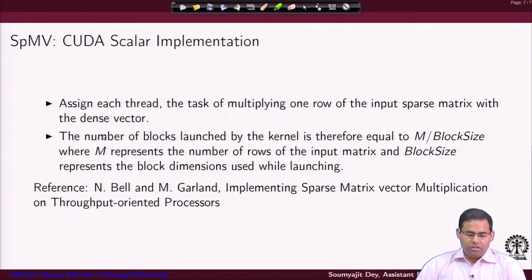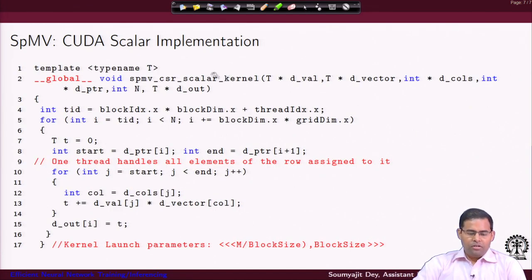So, overall I have as many threads as there are going to be rows, and that is a naive implementation for the corresponding CUDA kernel. So, have a look. This would be my corresponding CUDA kernel. As you can see, I am writing templatized code, because we are not specifying what data type the matrix will have. So, this will work for any of them, can be float, can be int and all that. So, this is my kernel.